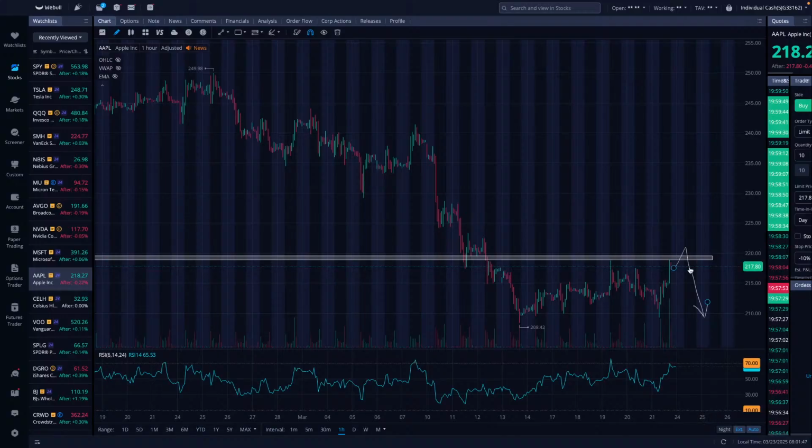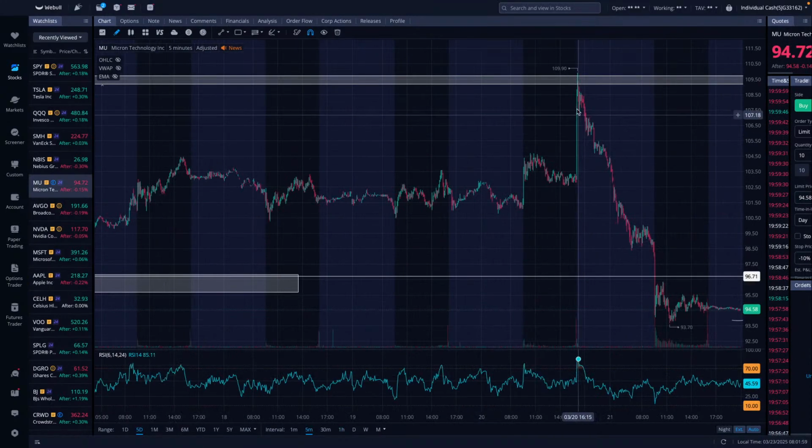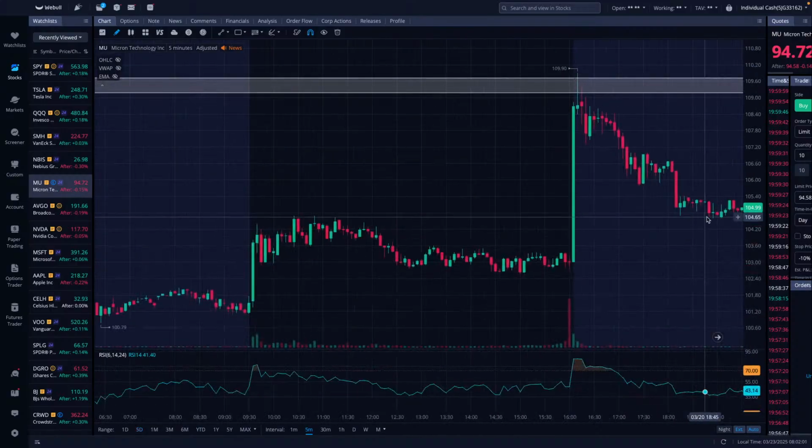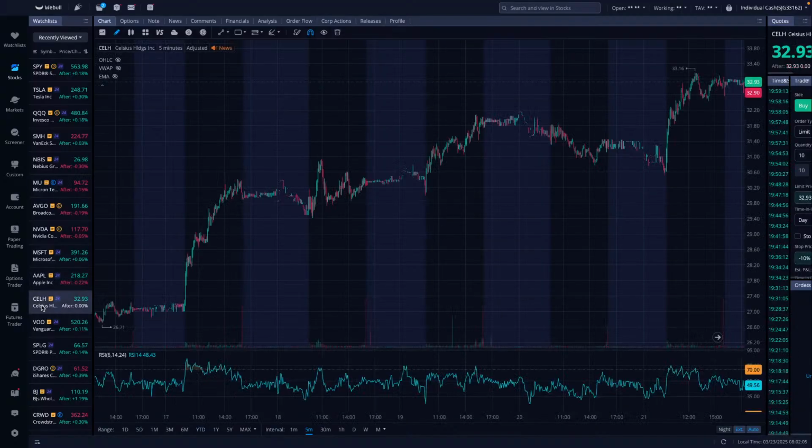Right now the market's been very shaky, and this is a type of market where moves don't extend, they don't continue. So you might get a bullish move like MU did, where you get that push up, but then it just immediately rejects and completely fails. So you have to be cautious of that.